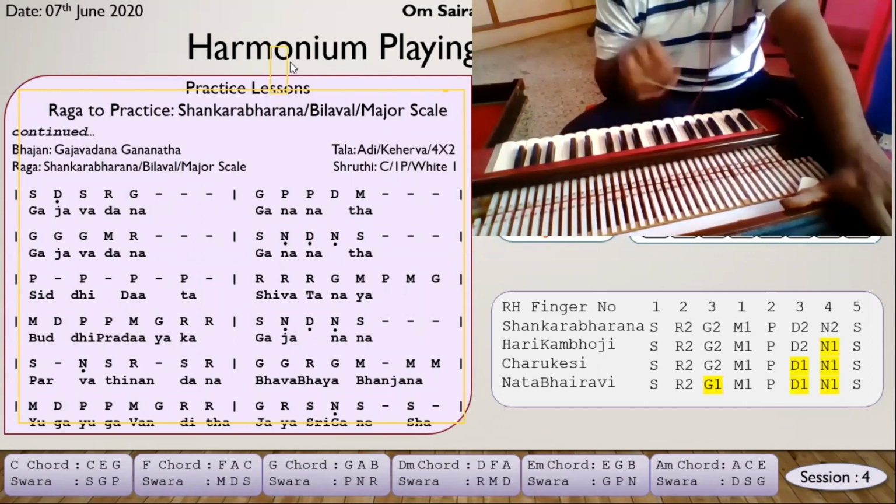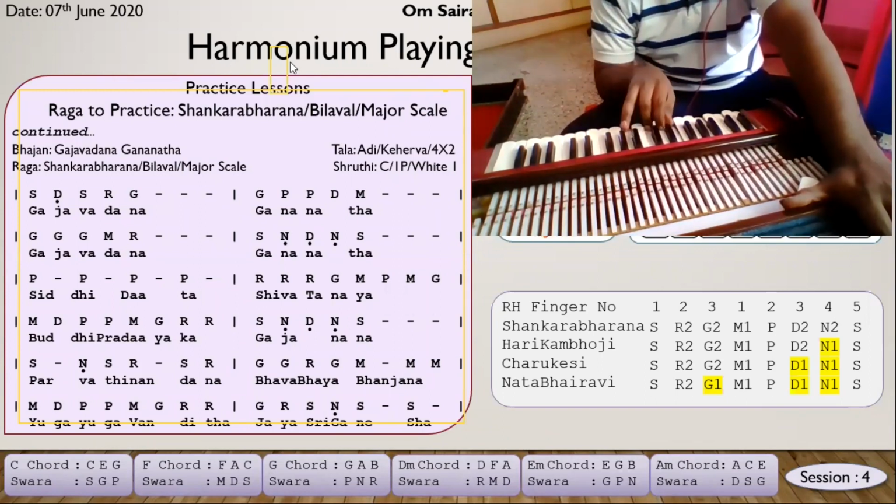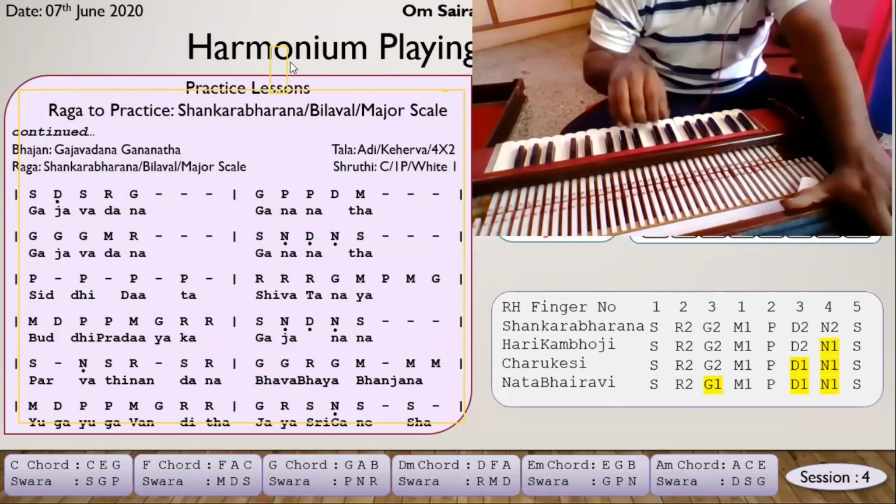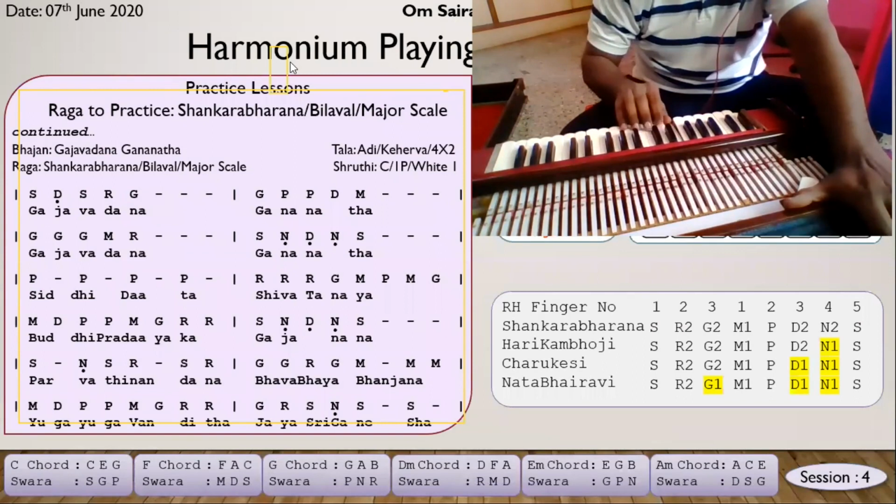Then Natabhairavi. Natabhairavi is actually a very classical raga. You cannot compare it with a Sai bhajan. A Sai bhajan is very simple compared to the raga Natabhairavi. The equivalent of Natabhairavi would be Darbari Kanada in Hindustani music. The difference between Natabhairavi and Charukesi is only one note: the ga is changed.